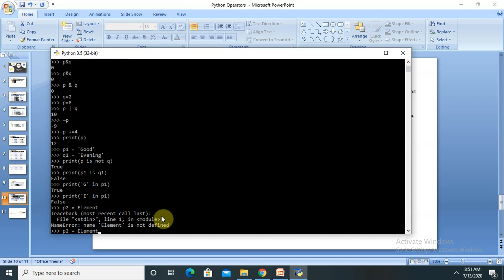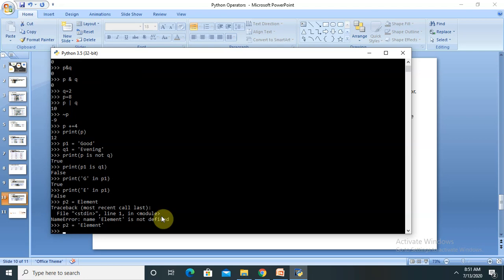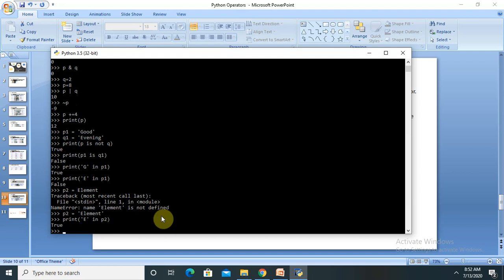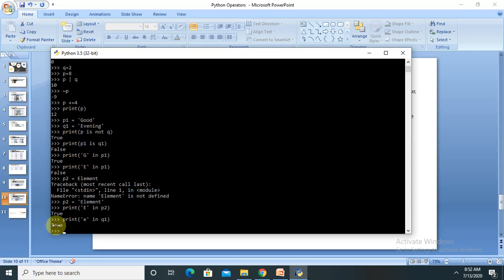This should be in single quotes because we are declaring a string. Let me print E in P2. Now you can see E is present in P2 also. Now small e in Q1, you can see the true value is printed.